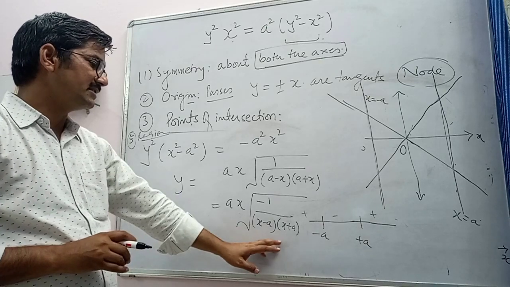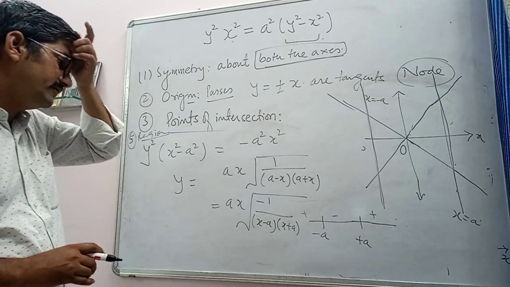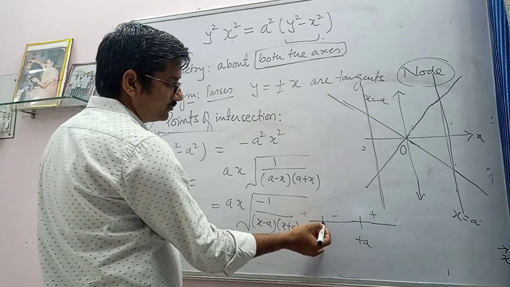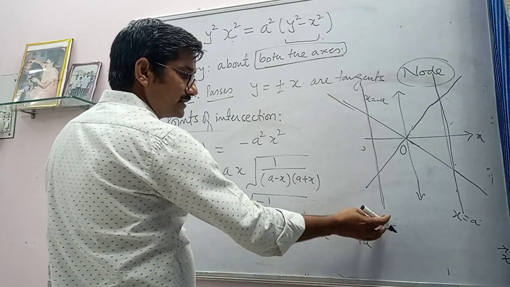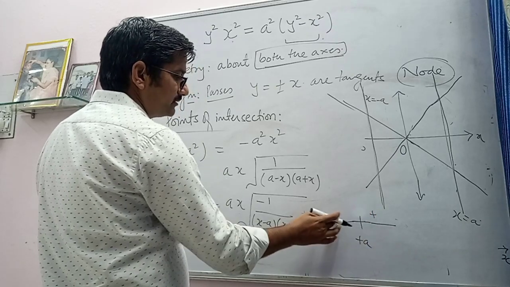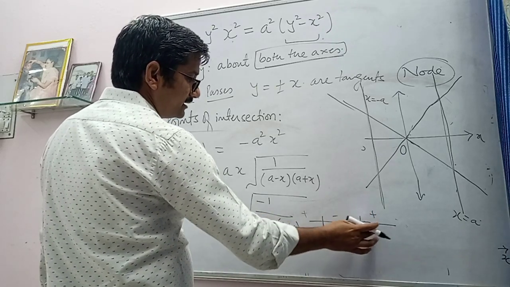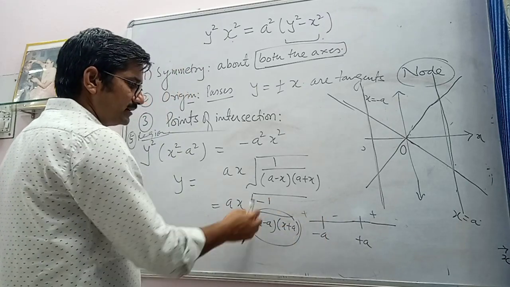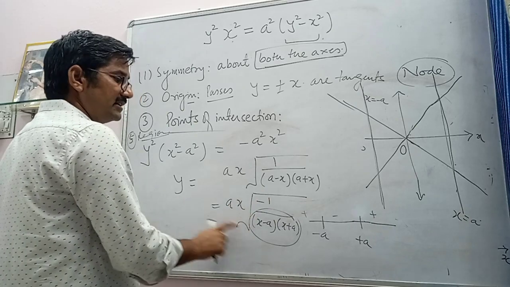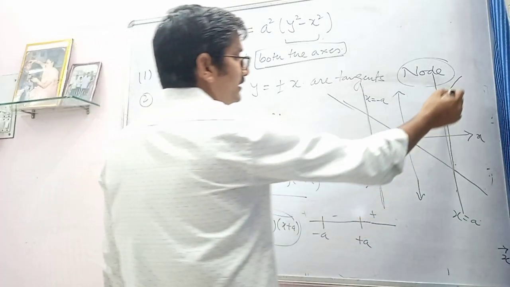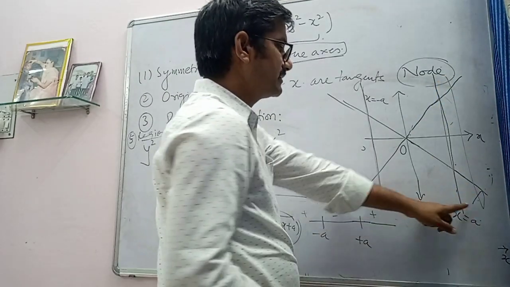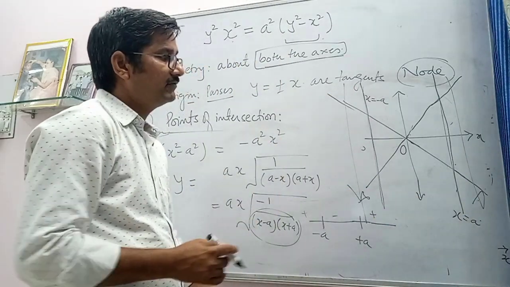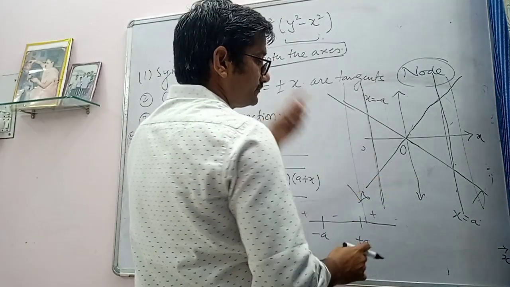So then y will be imaginary. So let us decide where this is positive. Using the wavy curve method, the critical points are minus a and plus a. Start from the rightmost side: it is positive, negative and positive. So if x is greater than a or less than minus a, this expression is positive, it means the whole value is negative, means y is imaginary. So the curve will not lie in this portion because x is greater than a here. The curve will not lie in this portion, so the curve will lie between these.